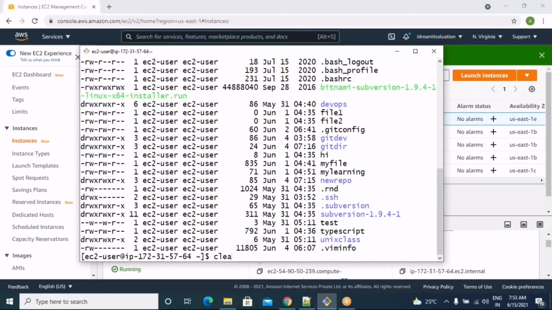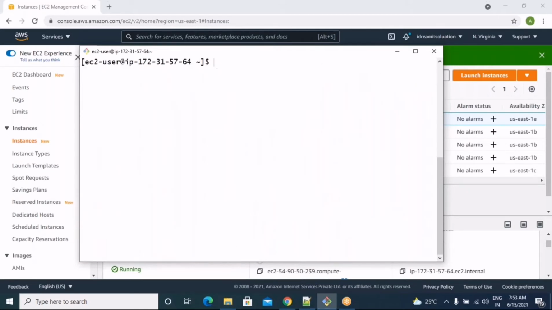Okay, so how to create a file in a Linux system? In Windows you right click and create the file, but here you have to use a command to create a file. If you are going to create an empty file with 0 KB, you have to use touch.